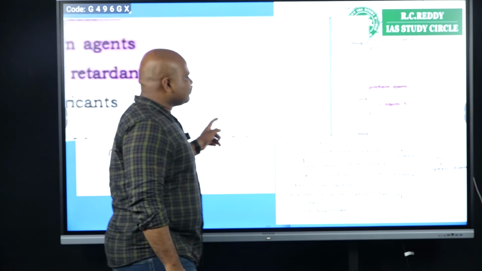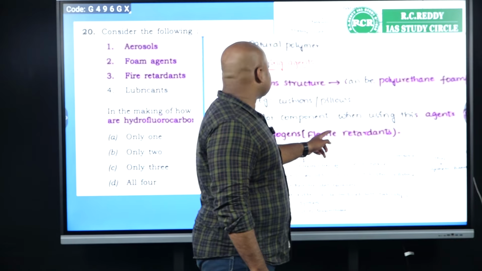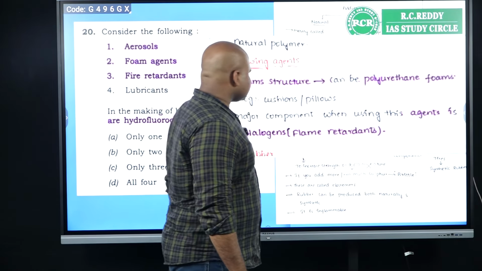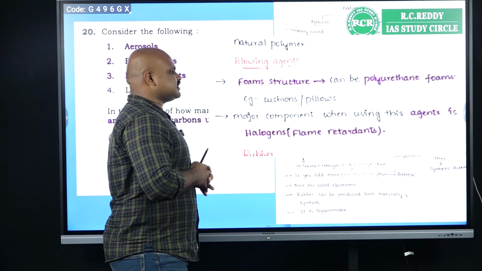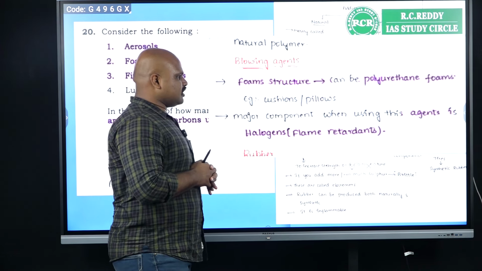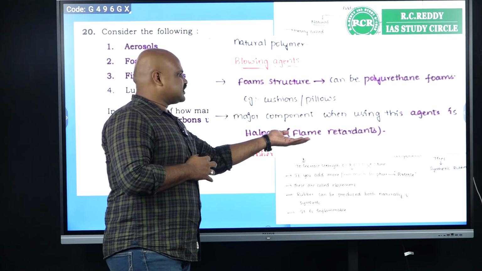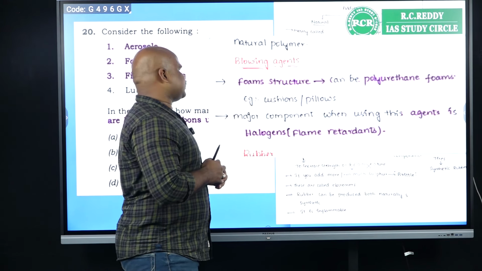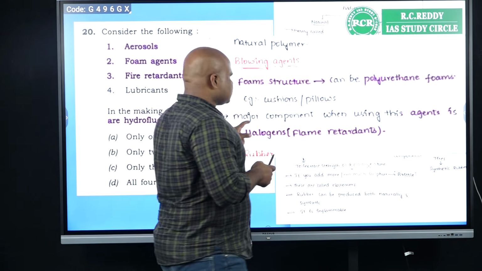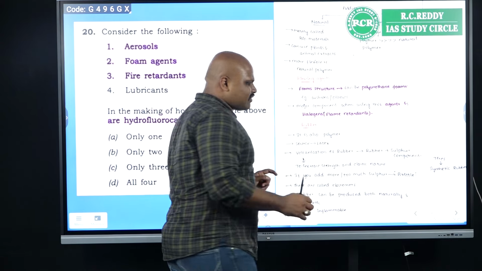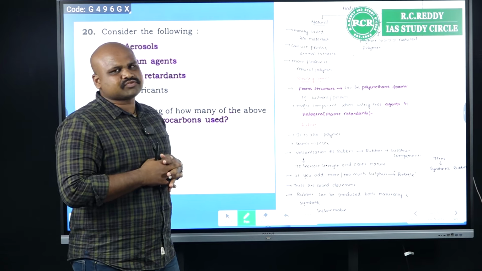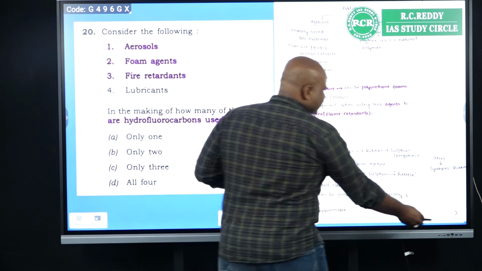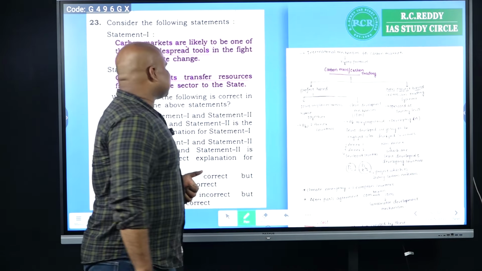And when you look at this, we discussed it in the form of blowing agents, and there is one line which talks about major components when used this agent is halogen. Or it is flame retardants as well as foam structures. So fundamentally, this is what enables you to arrive at the answer with the help of knowing 2-3 sentences from the question. And the next question seen here is again with respect